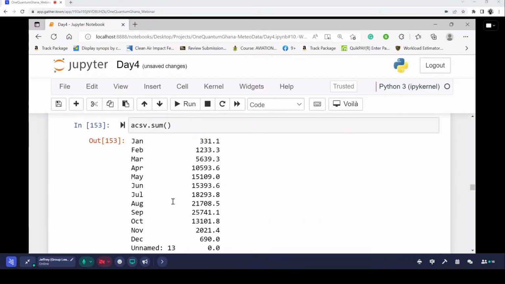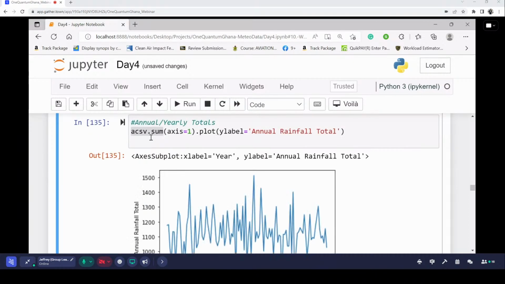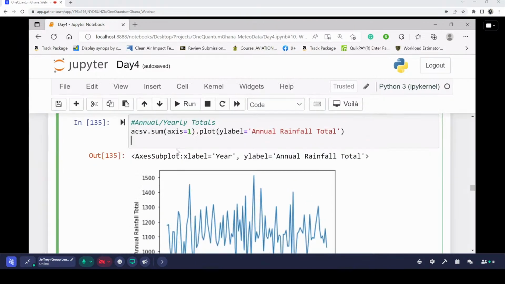Right, so this is supposed to give a column, I mean by column it gives the sum, but that's not what we want to do. We want to find the yearly totals. So it means we want to keep our rows intact and add the data along the columns. So we specify our axis to be 1, so that it knows we are adding over the columns instead. So if I regenerate this